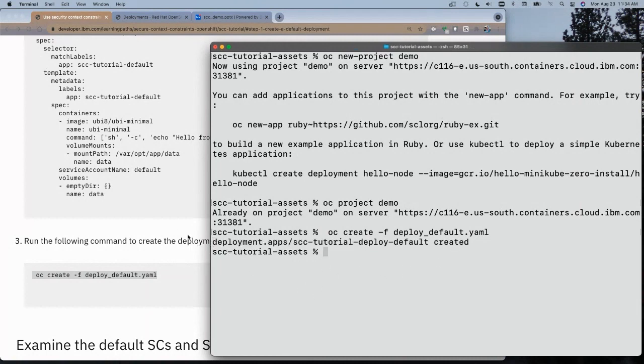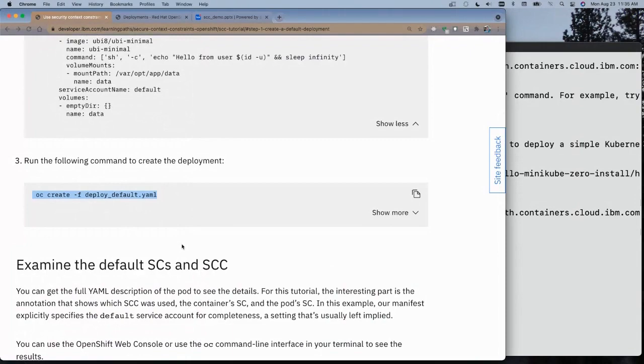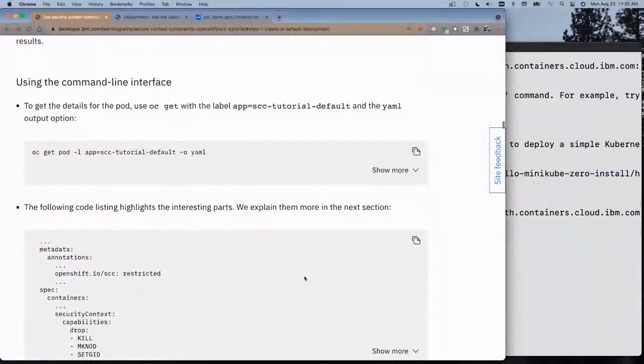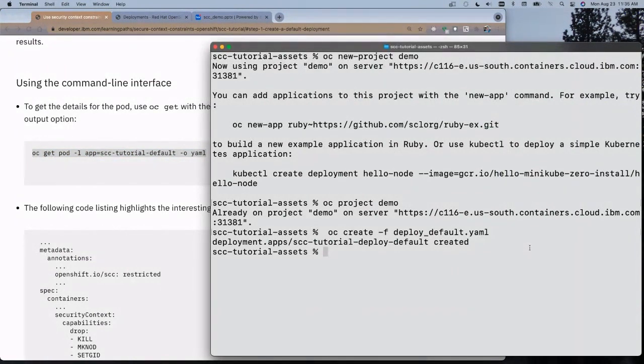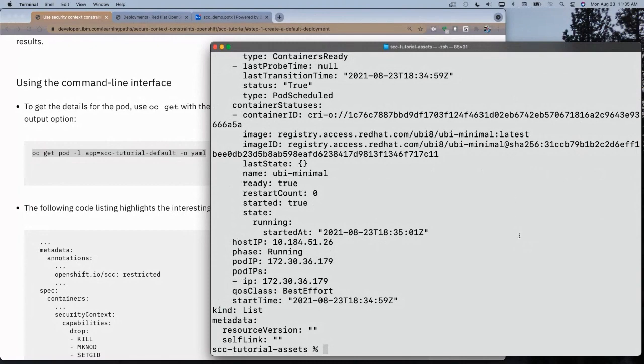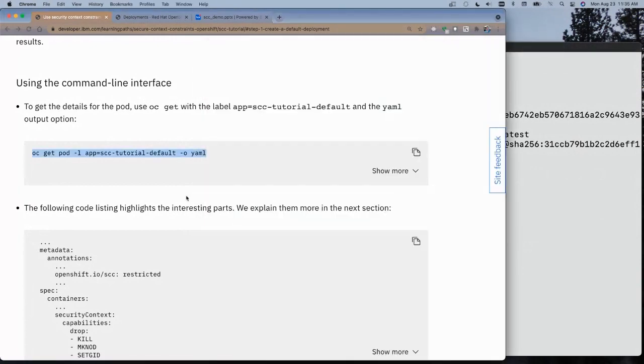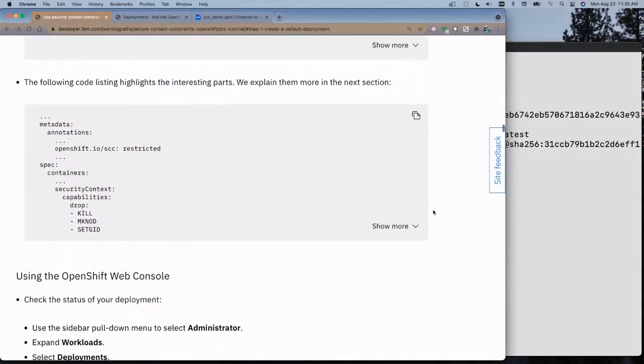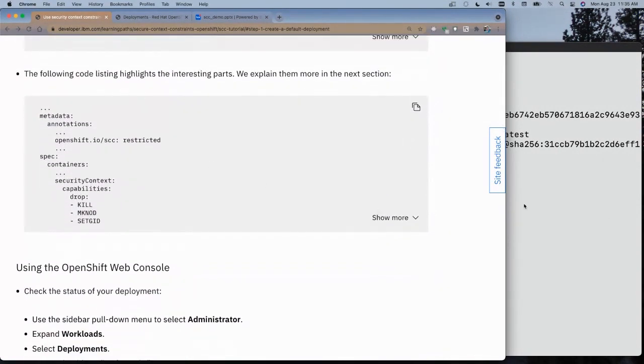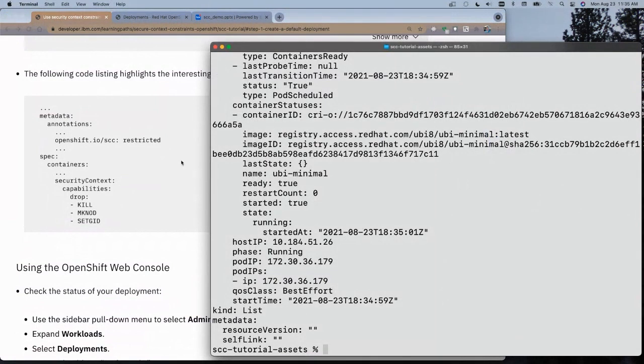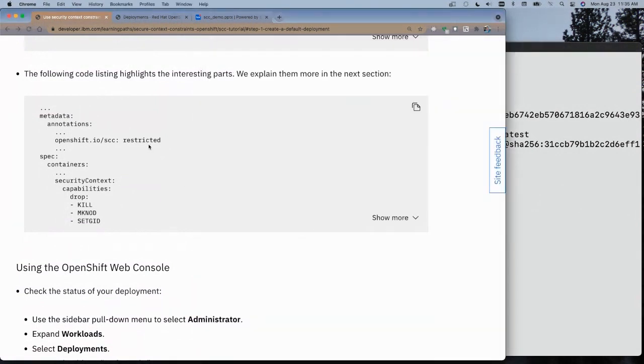There we go. Now, using the command line, you can look at what you get when you created that. What I'll do here is look at the pod based on a label. There will be quite a bit of output to this one, so I don't think I want to walk through that. But if you look at the tutorial, I highlight the sections that are interesting, and I'll show you in the UI as well. From that output, describing the pod here, the parts that are interesting to us today is